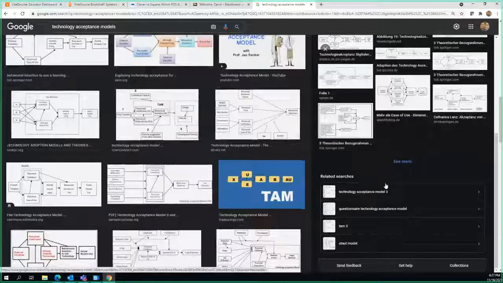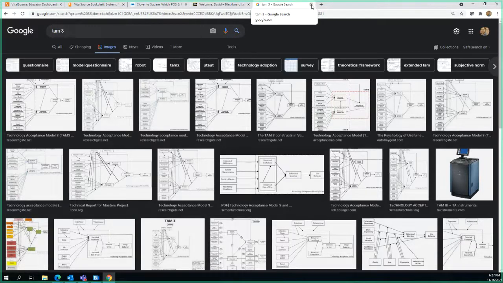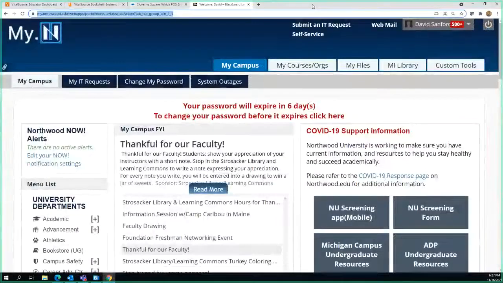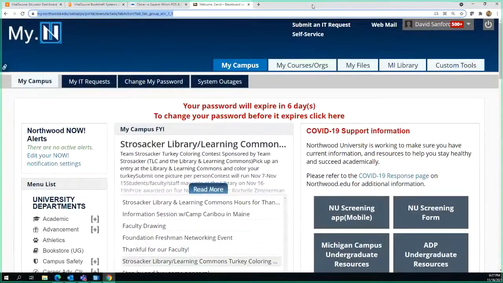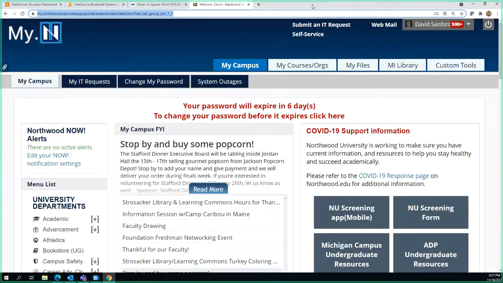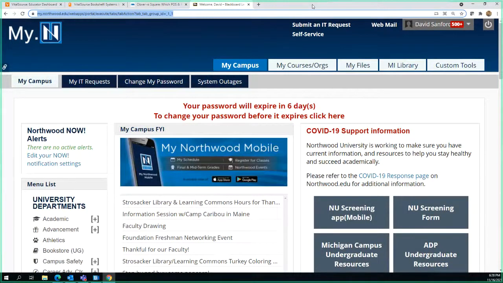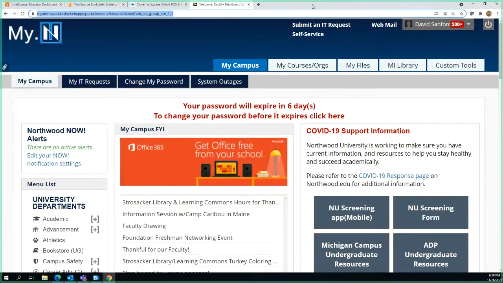And by the way, they keep adding and adding and adding to the original technology acceptance model because they want to get more nitpicky about it. But at the end of the day, it still boils down to perceived usefulness and perceived ease of use. And that's what guides our intent on whether or not to use it. If you think about your car, there are certain features on a car that you may never use just because they're more difficult to use or handle or even set up than, say, your own cell phone. There's certain things on your computer that you'll never use because, well, it's just easier to use your cell phone for some of those things.